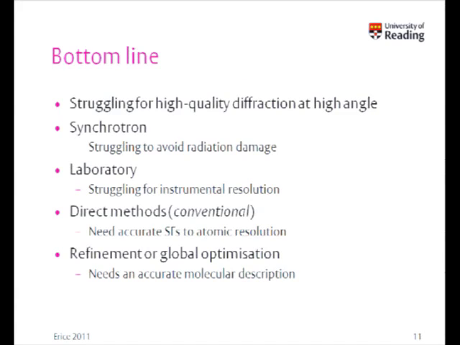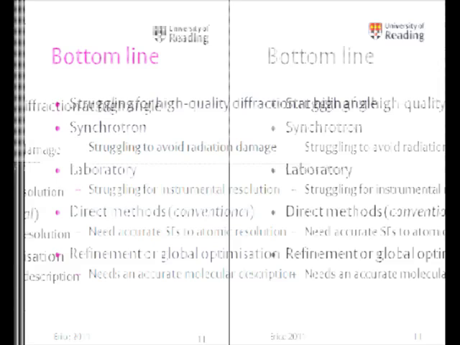and you can go out to higher angles and pick up weaker signals, and certainly in general the resolution at a synchrotron of the instrument is going to be much higher, so you can circumvent some of the problems associated with overlap. But if your sample fries, you may not be able to easily get enough data to do anything useful with it. Within the laboratory, we have no trouble with sample burning, but despite the advances that we've seen in diffractometers in the lab with detectors, in absolute terms, we struggle for instrumental resolution relative to the synchrotrons.